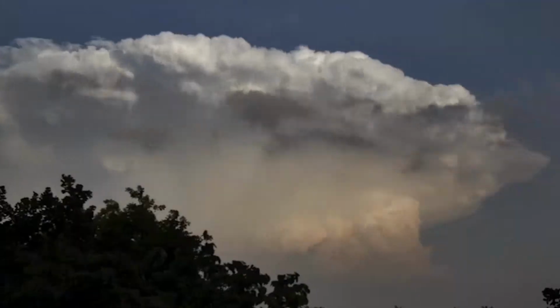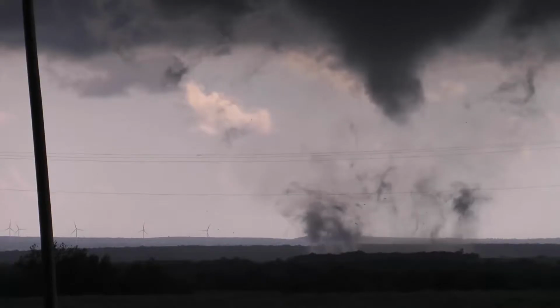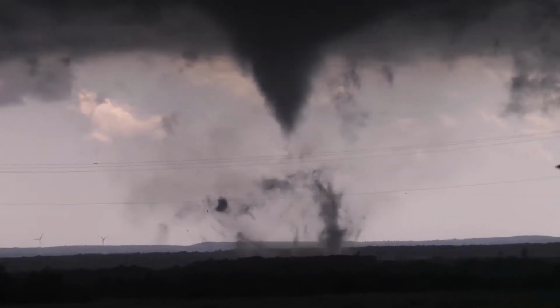worst weather on Earth. East of 81, about a mile. I'm going to get ahead of it here, but you can see the point of it on the southwest. It's right here. Look at the right going